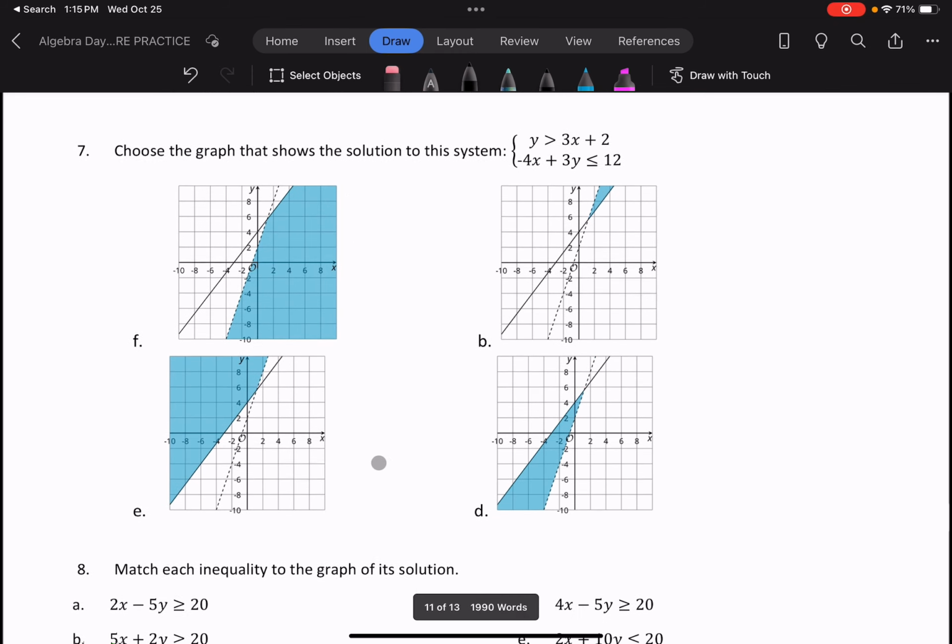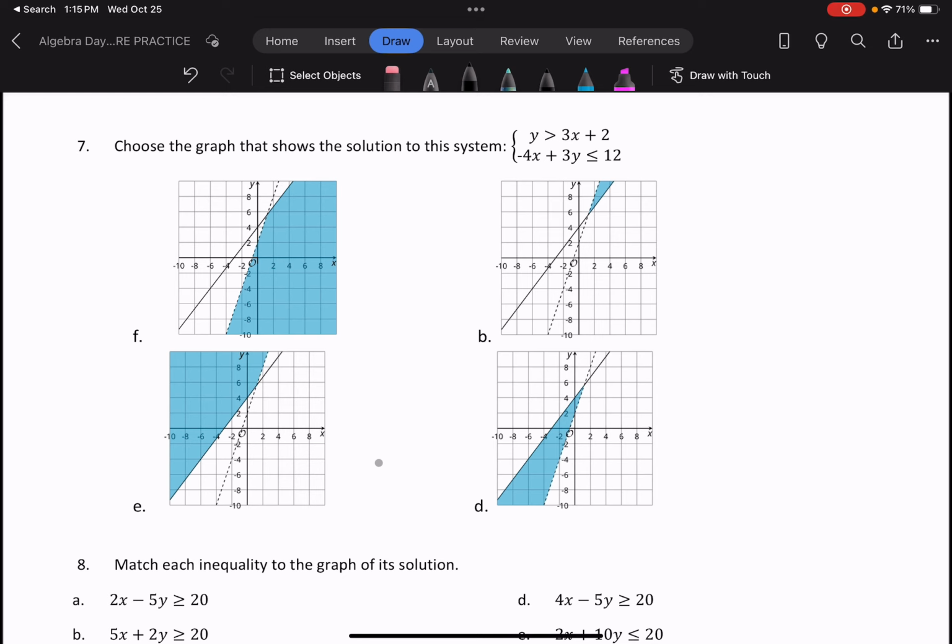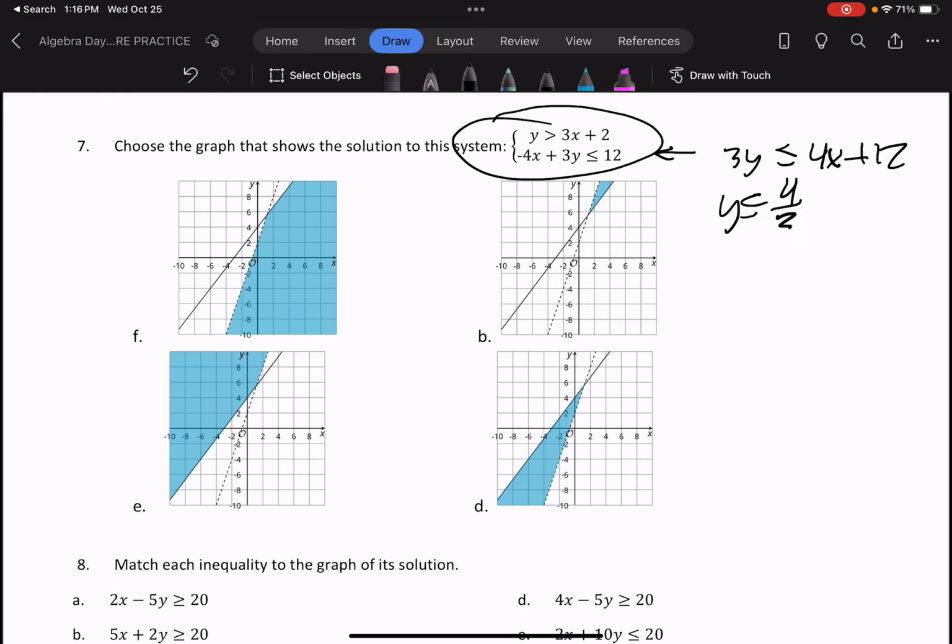All right, number 7 is matching. Find which graph matches this inequality. And so for this, I would strongly recommend you put the second one into slope-intercept form. So you're going to add 4x to both sides and then divide by 3. And so you want to look for an inequality on the graph that matches that. And then you also need to make sure you're shading. So I would recommend, honestly, that you draw this out yourself and shade,